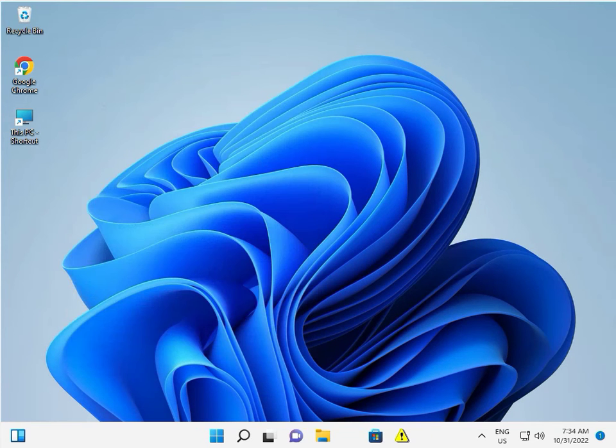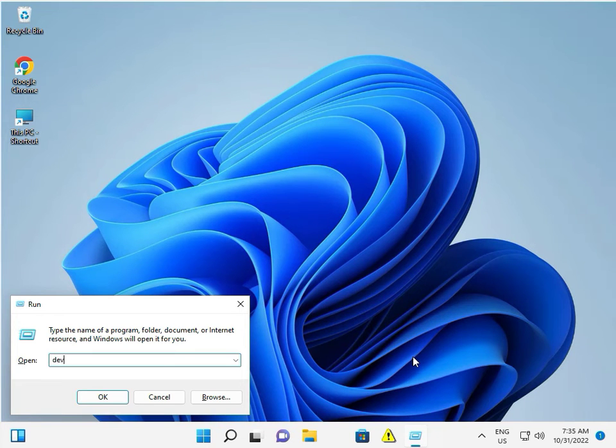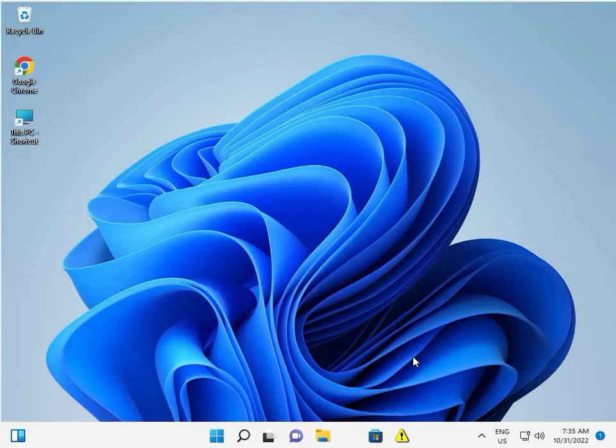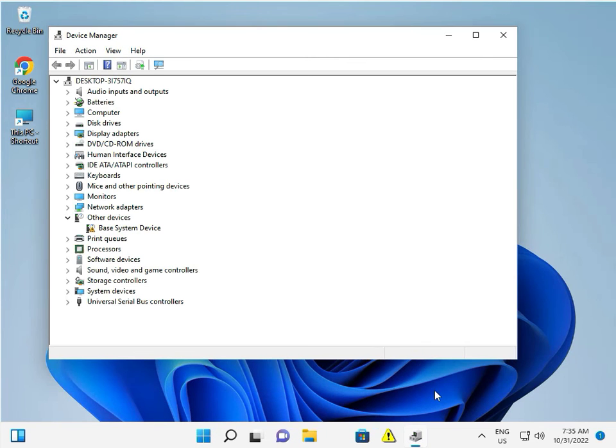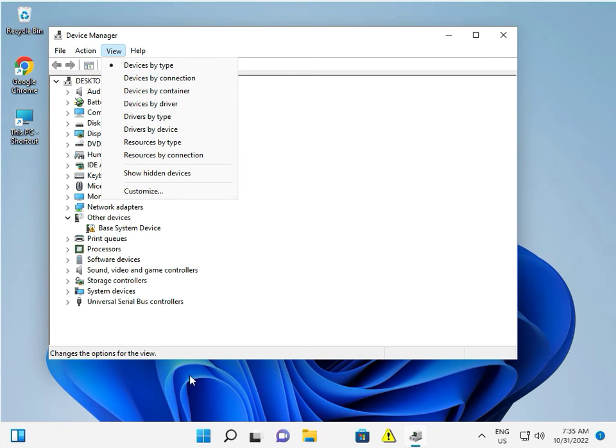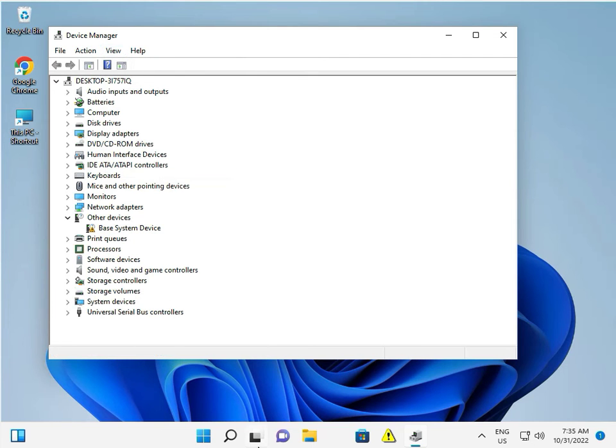apply. Then guys, again Windows R, type devmgmt.msc. This is actually the shortcut option to open Device Manager. So you can apply, click to view and show all hidden. Okay, and then